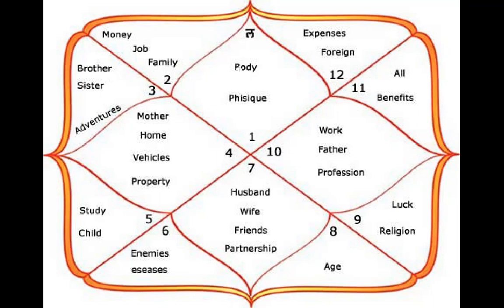It also stands for the self of the man, the person himself, and it very significantly denotes the deliberate action of the person. From the first house, we see the deliberate action, what he plans in this particular janma, what karma he's planning. That's what is seen from this particular house.